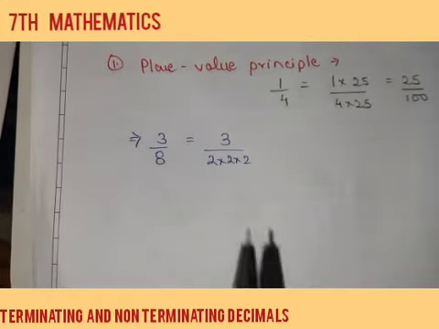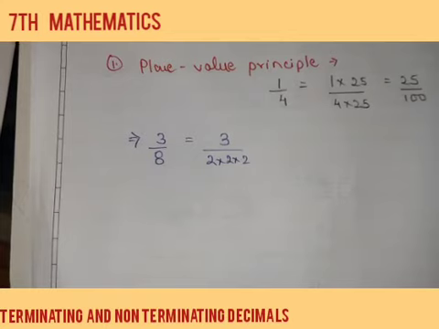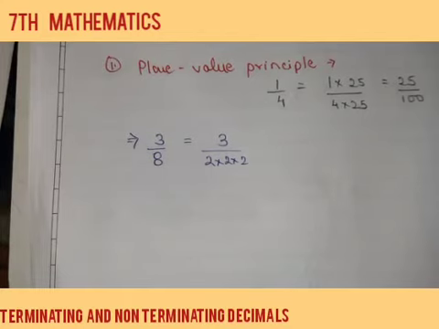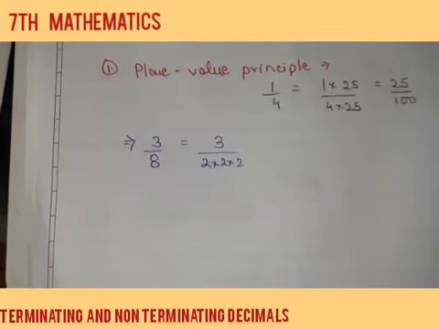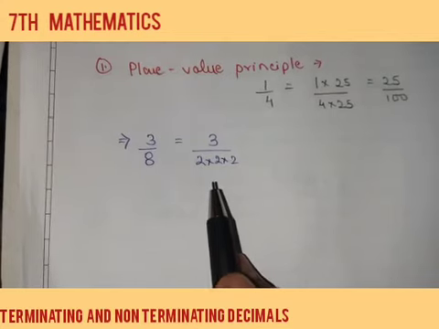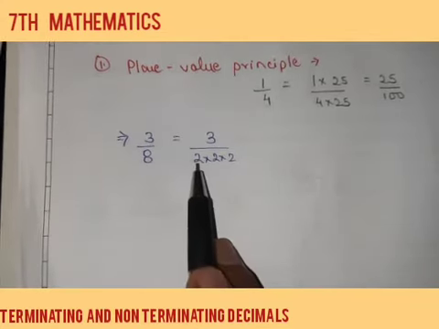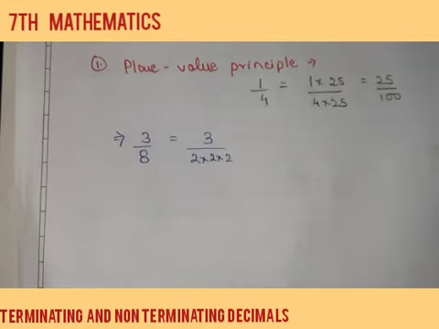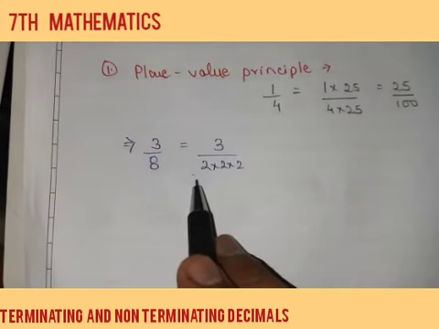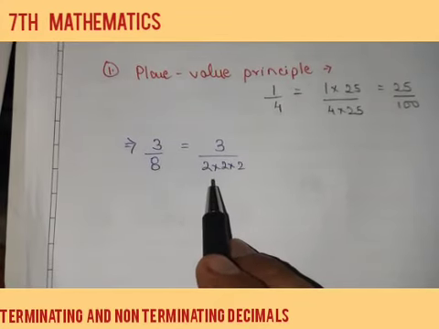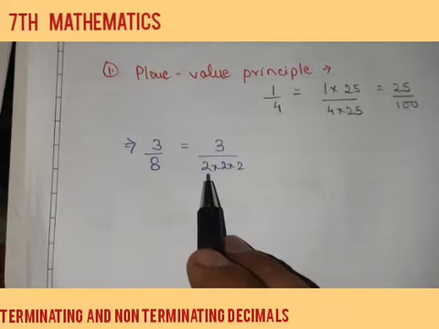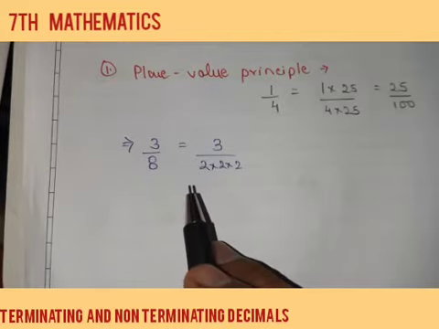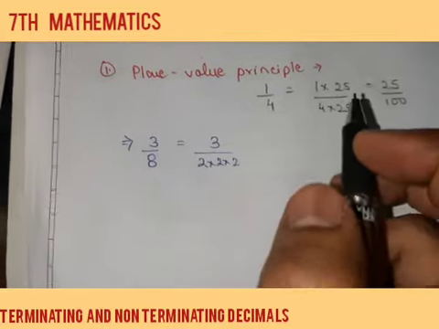Now, according to the definition of place value principle, what does it say? That the denominator should be expressed as a power of 10. Now, in order to represent the denominator as a power of 10, we need to multiply the denominator by such a number so that it changes into 10. Each of these denominators should be written in the form of power 10. So since each 2 needs to be converted into 10, we need to multiply 2 by 5 to change it into 10. See how.